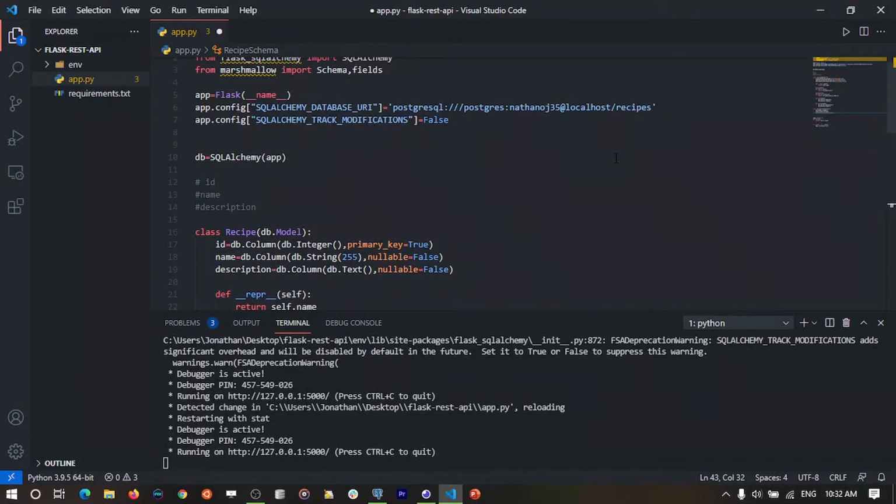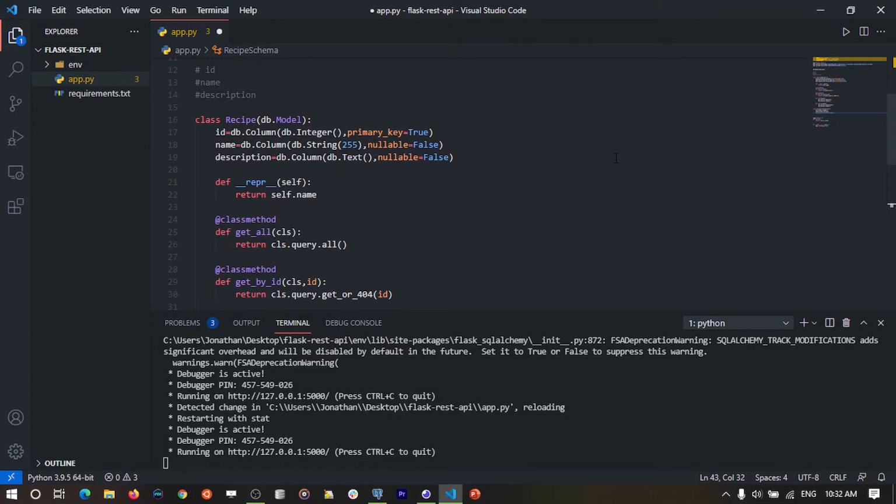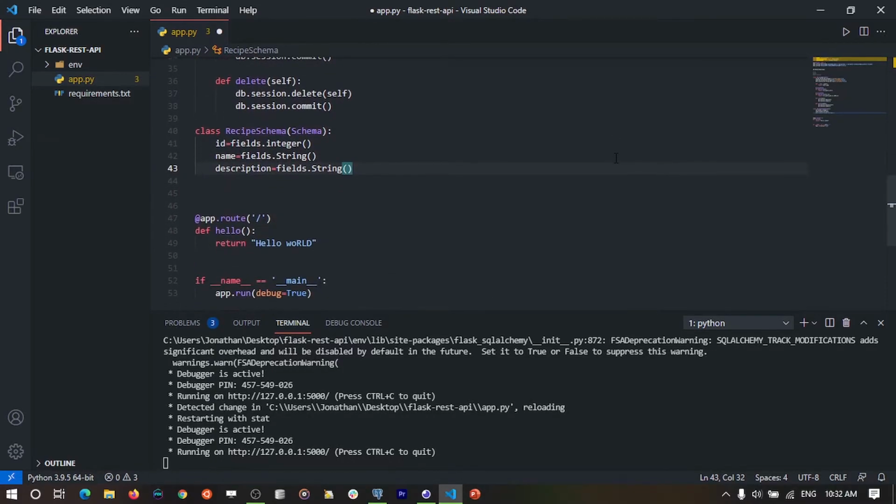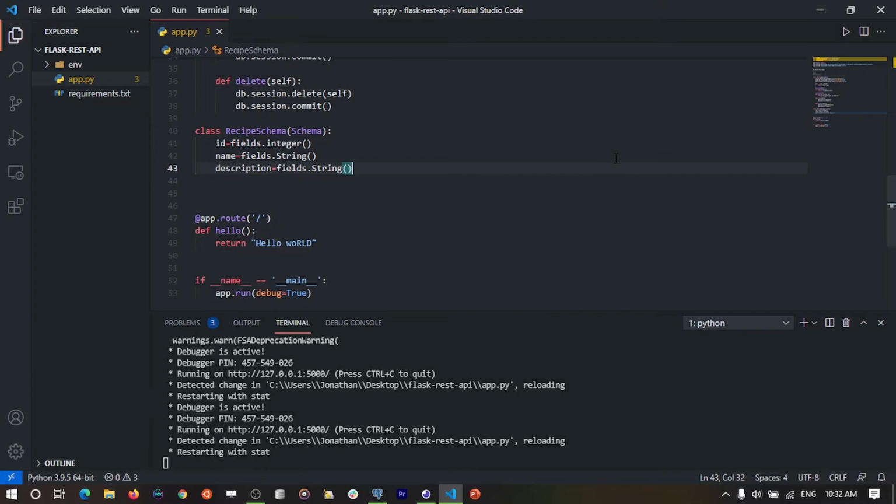So you need to come here, and we've set up our server. Now let's first create our database models. Let's migrate them to the database. So I'm going to save this. I'm going to create a simple